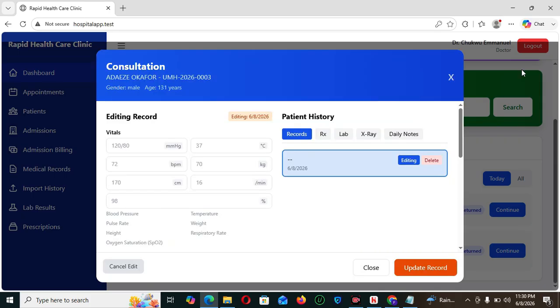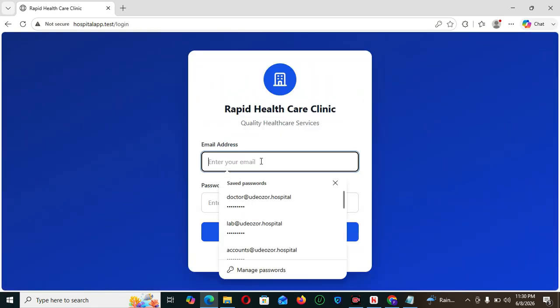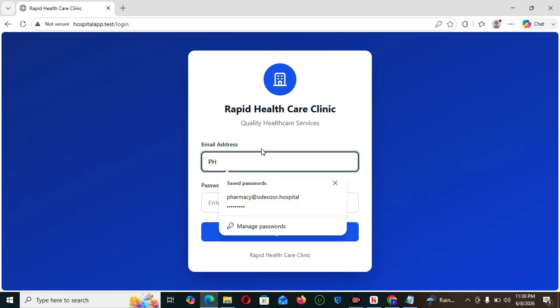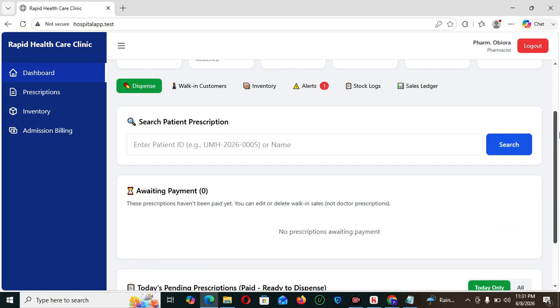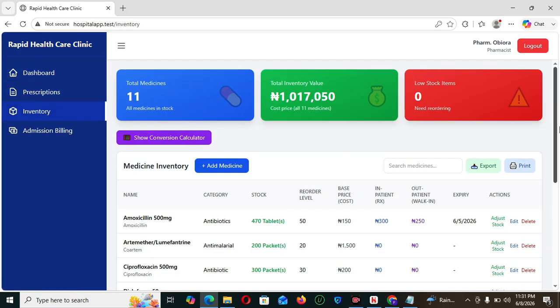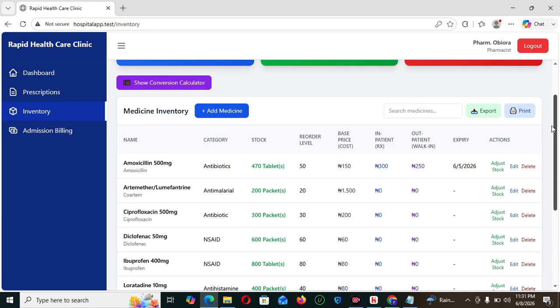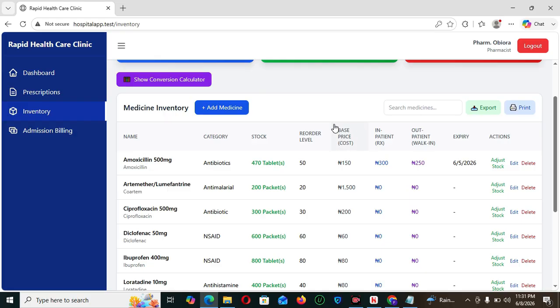Let's check from the pharmacy inventory. So let's check the pharmacy. This is the pharmacy panel. You can see the pharmacy panel, the prescription, the inventory. This is where the pharmacist adds medicine. You can see we have the price list, base price list. We have the stock level, the stock total, the name of the drugs, the category, the stock, the reorder level,